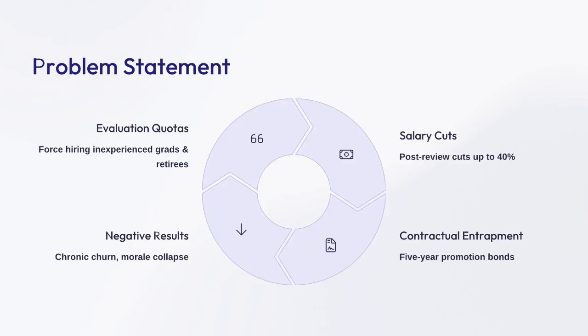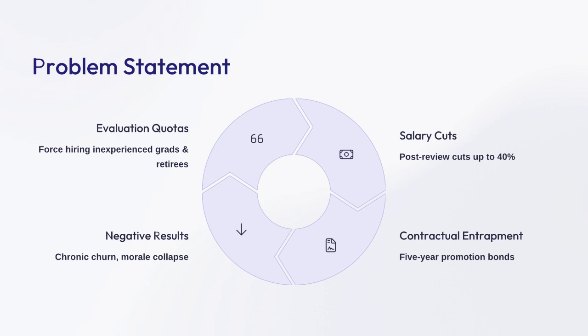And here's the problem in sharper relief. Chinese accreditation rules require an 18:1 students-to-faculty ratio. To comply, GZIST hires two groups in bulk 6 months before each review: fresh master's graduates and retired professors returning part-time. Once inspectors leave, management imposes salary cuts of up to 40% and slashes teaching hours, effectively nudging many hires to resign. Worse, the contract includes a 5-year promotion bond, resign early and you forfeit accumulated benefits, and a 3-year repayment clause on PhD stipends,